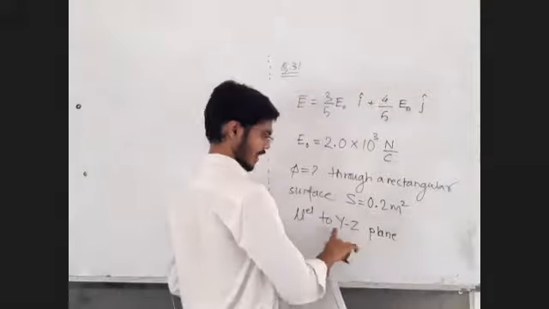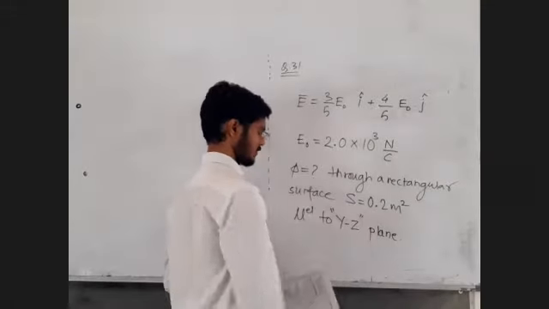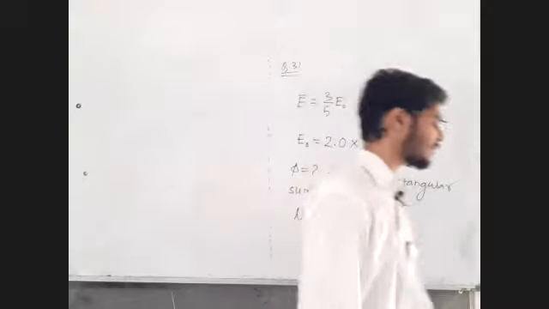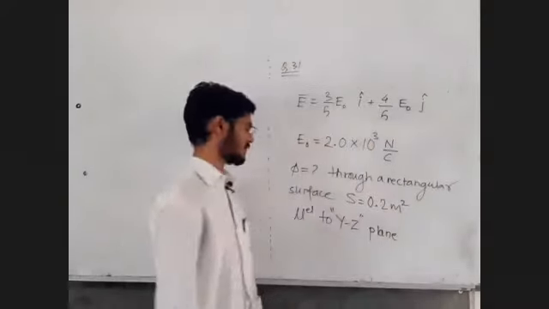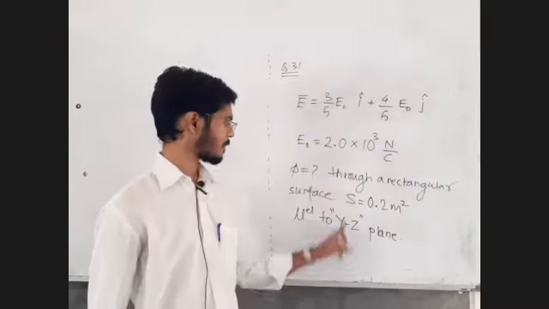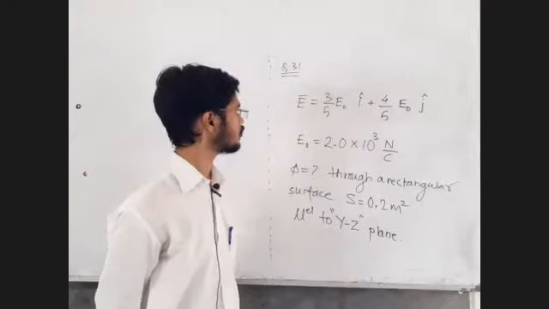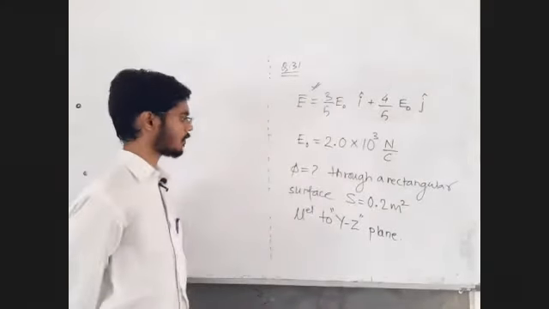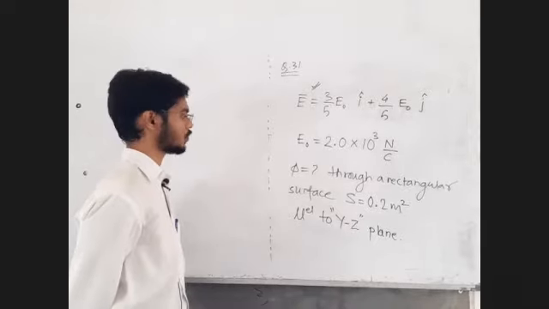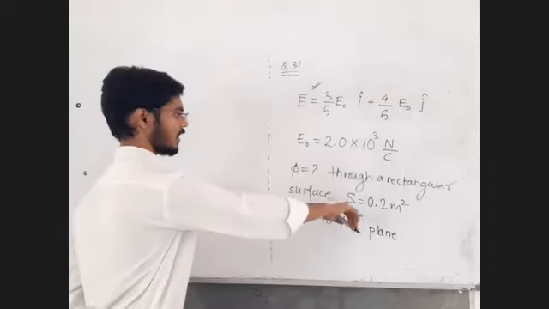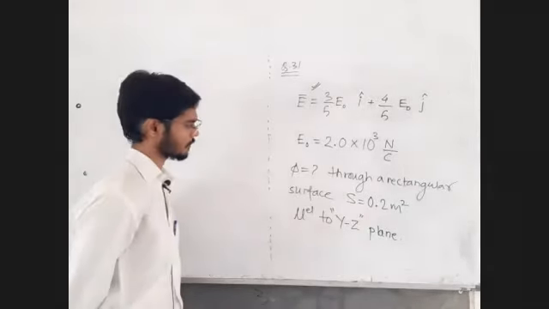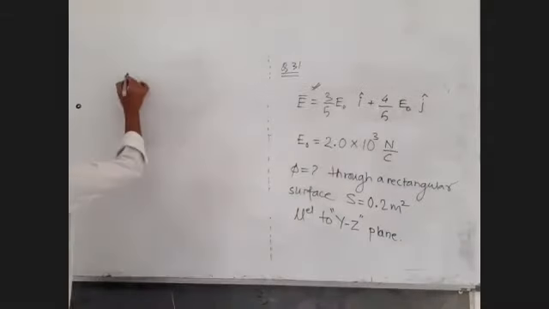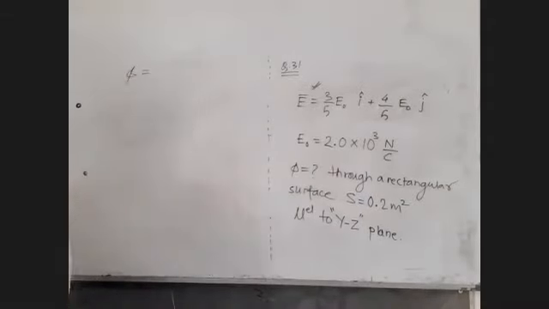It's not Y minus Z. It's simply Y dash Z. Okay, given surface area is parallel to YZ plane. How to find out electric flux? If electric field vector is given to you, you have area magnitude, you need area vector so that you can find out electric flux over the given area.